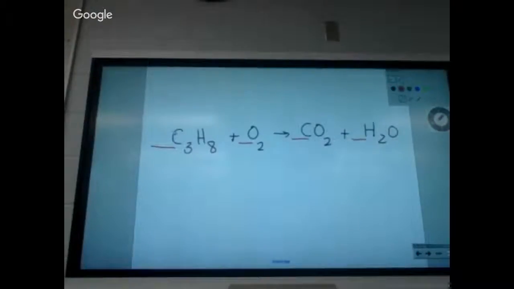Alright, this one is usually the one that causes the most trouble because it has a bunch of oxygens in it. Okay, it has no parentheses. I know. So when you look at this,